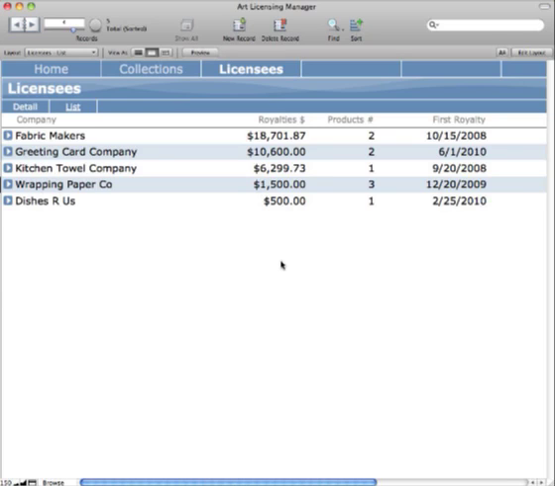Okay, so a couple people, and I know you did talk a little bit about this, asked about the ability to manage other areas of their business with the Art Licensing Manager. So you mentioned, just to